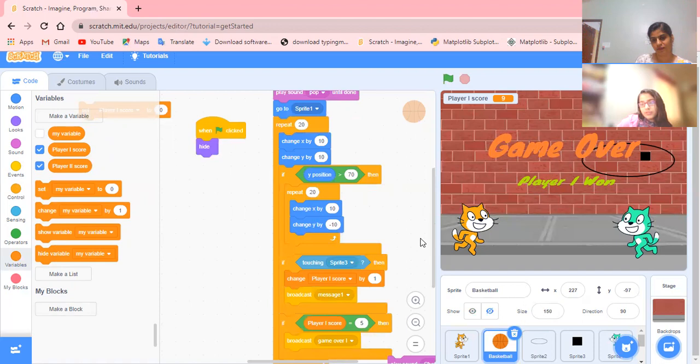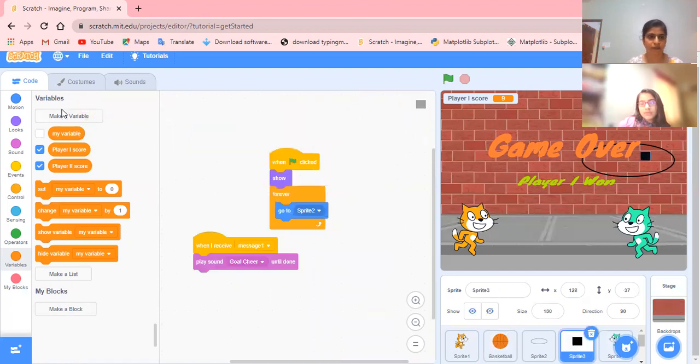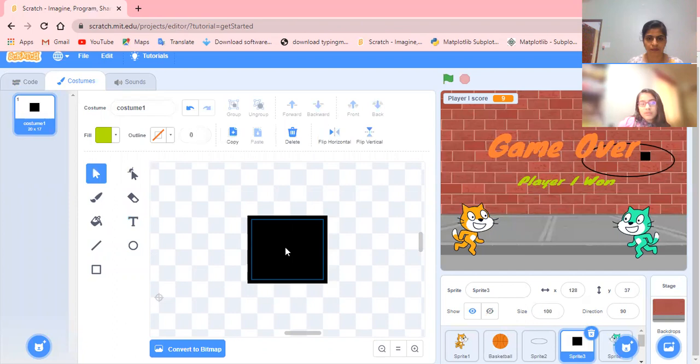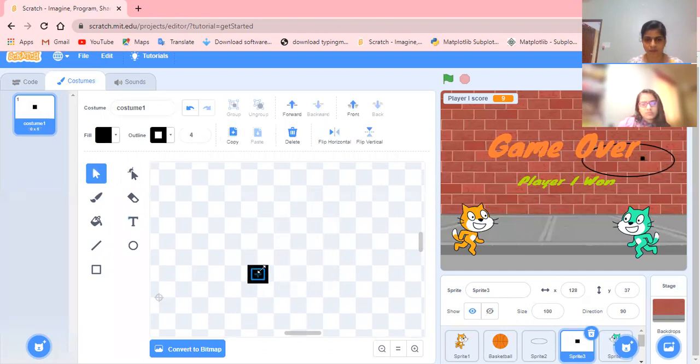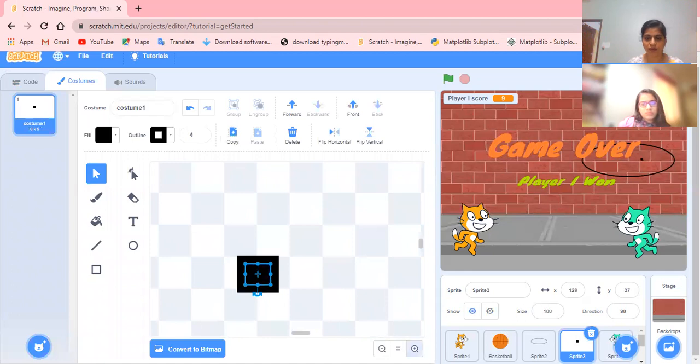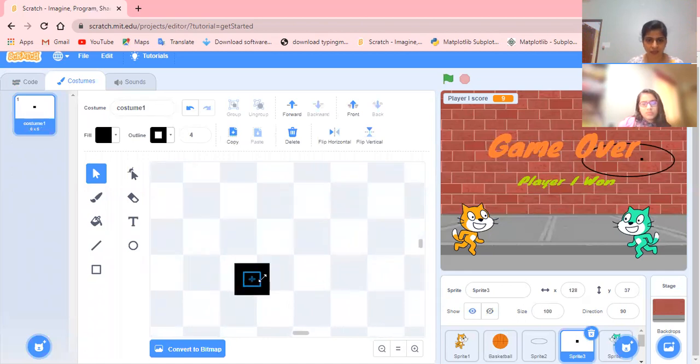So what should we do for that? For that, we should reduce the size of this sprite, if it is creating a problem, by zooming in.